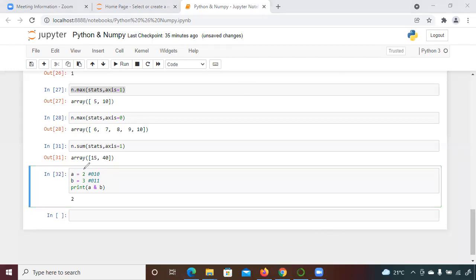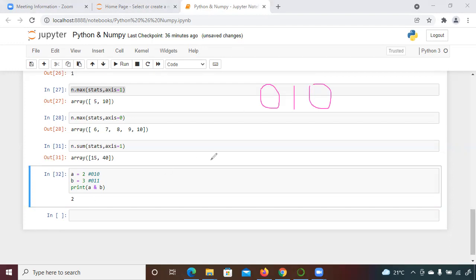suppose 2 is represented in binary. Binary means it will be represented in the form of 0 and 1. Internally it will be converted, because the system understands whatever we type or run in the form of binary. So binary representations are there.